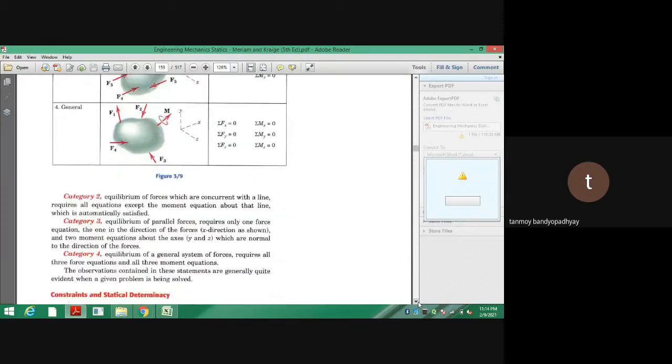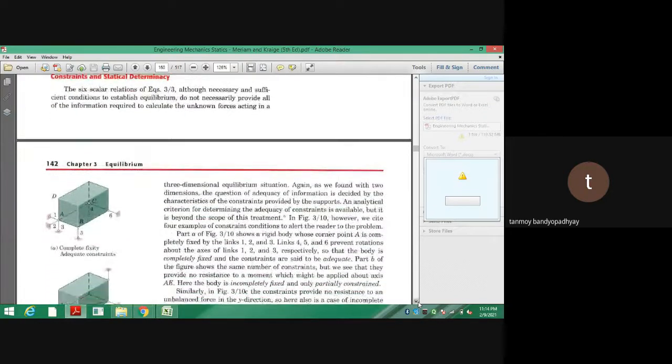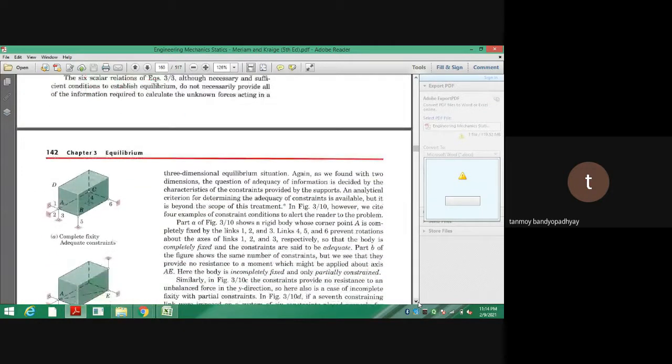And then we'll be discussing something about indeterminate problems, statical determinacy. Statical determinacy means maximum amount of unknowns that can be determined from the constraints provided. So if I am having 5 unknowns and only 3 independent equations, I cannot solve it, right? Understood? Yes, sir. Page 159, just study for yourself, and tomorrow if there is any difficulty, I will be discussing just a short bit about what are statically indeterminate problems. Statically indeterminate means the number of unknowns is more than the number of independent equations.